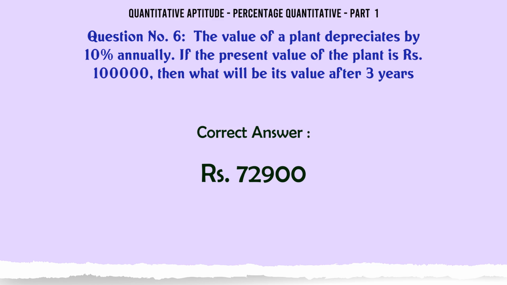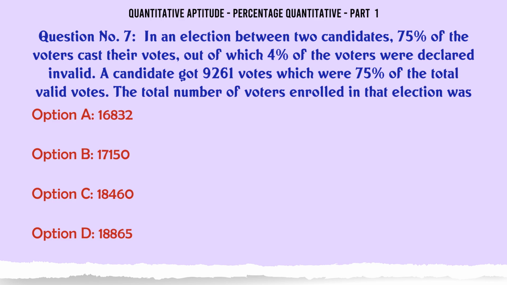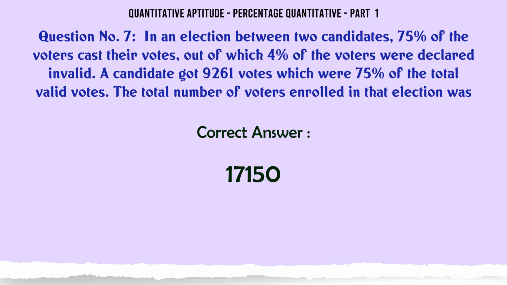72,900. In an election between two candidates, 75% of the voters cast their votes, out of which 4% of the votes were declared invalid. A candidate got 9,261 votes, which were 75% of the total valid votes. The total number of voters enrolled in that election was A 16,832, B 17,150, C 18,460, D 18,865. The correct answer is